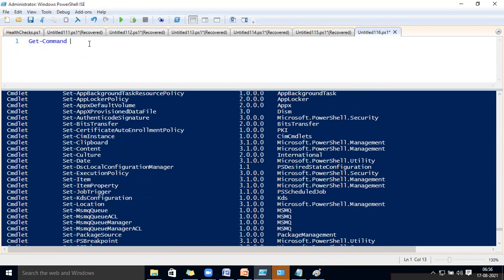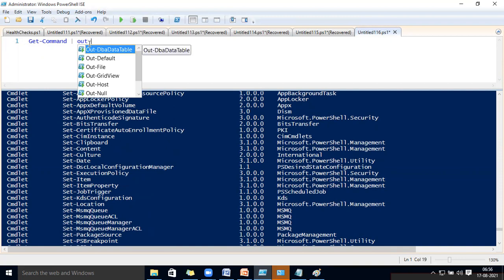If you want to take any PowerShell result into an output, like a notepad or something, remember this: whatever I run, just Get-Command, and after that, if you want to take it into a notepad, you can write Out-File.